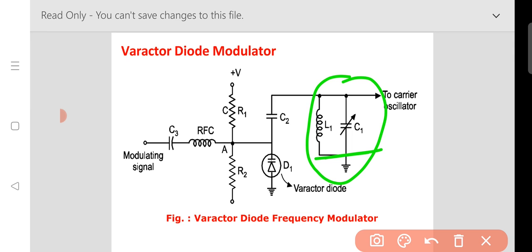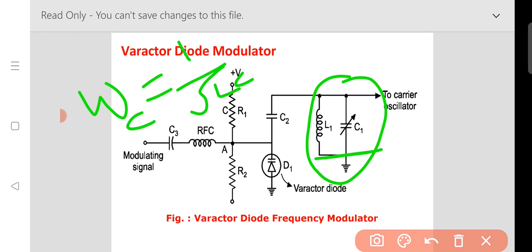So our angular frequency omega c equals 1 by root LC. We know this relation from other subjects, in network analysis, I think. So for resonant circuits the angular frequency is equal to 1 by root LC. We know well about this relation.